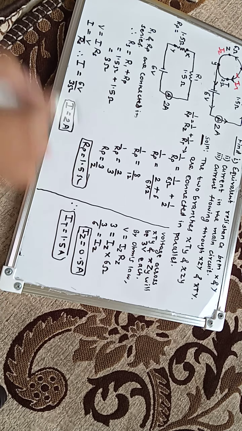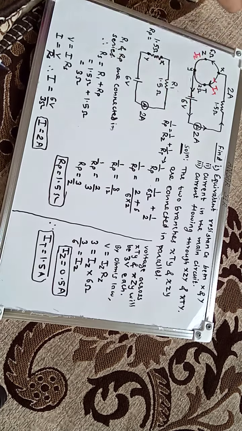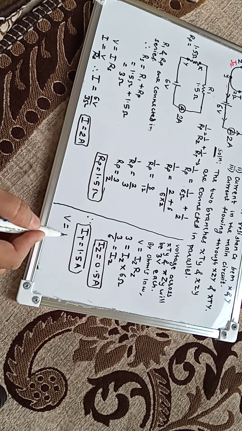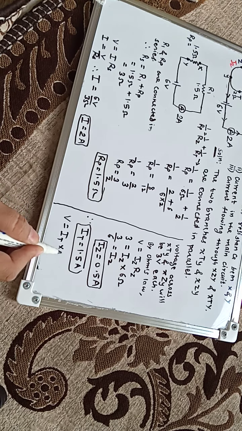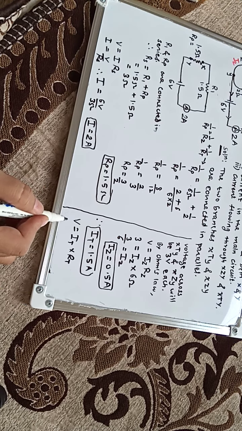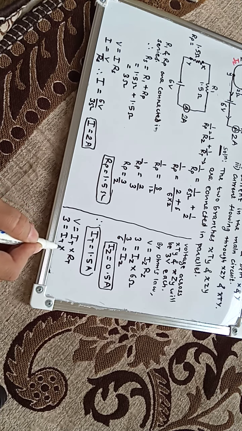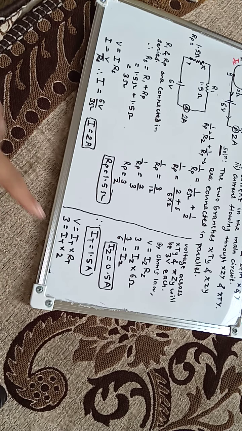Ask me why. See how much current is coming from here. We can use this formula again. V is equal to IT into RT. So V is 3 volt and IT we have to find, into RT. How much is the resistance? 2 ohm. So this will be 3 by 2 and IT will be 1.5 amperes.